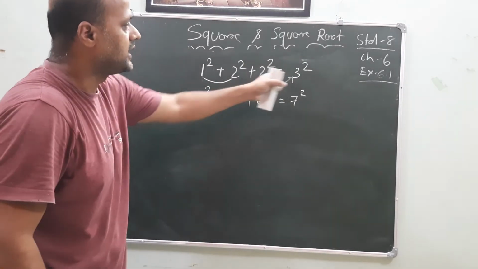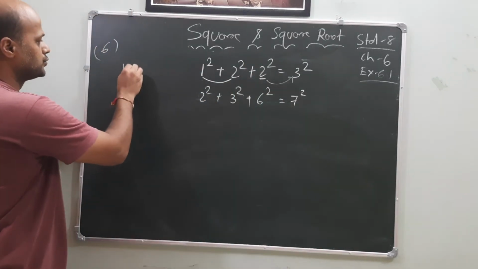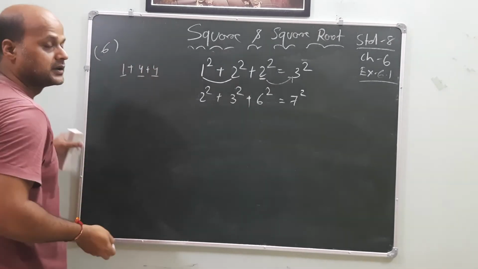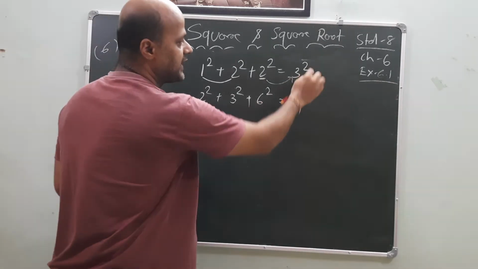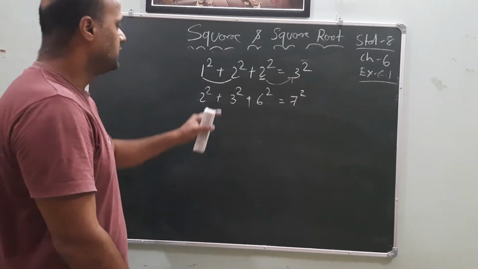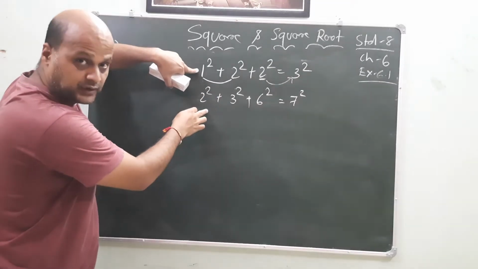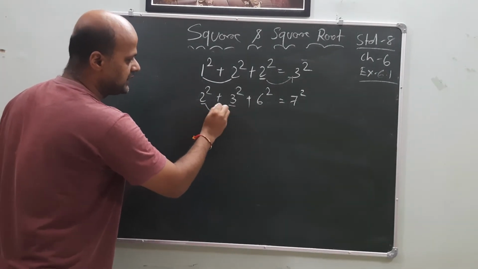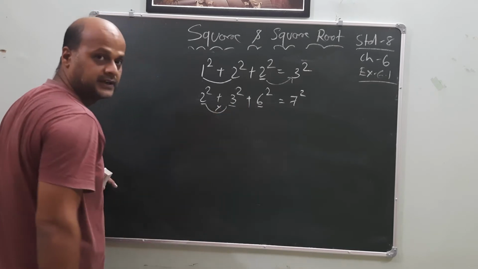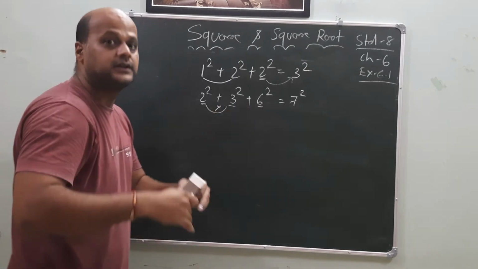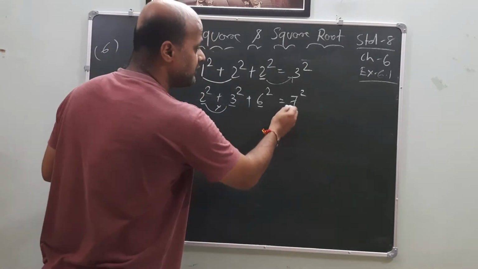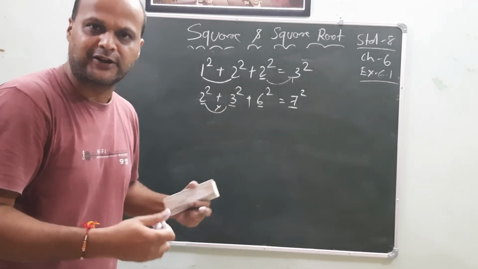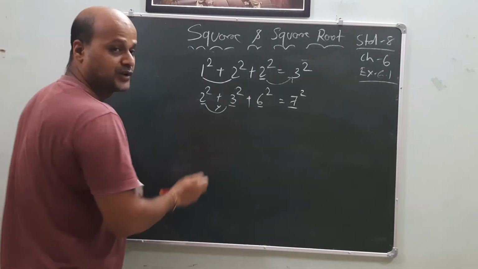Let's check it. The answer is correct or not? 1 square is 1, 2 square is equal to 4 and 4. 4 plus 4, 8 plus 1, 9. 3 square is 9 or not? Okay? Is this pattern related to this one? Let's see. Only numbers will be multiplied. 2 3s are 6. 6 is present here. Okay. 6 successor which one? 7. The pattern is same. Then go for like this pattern. The third one is there or not? Just check it.